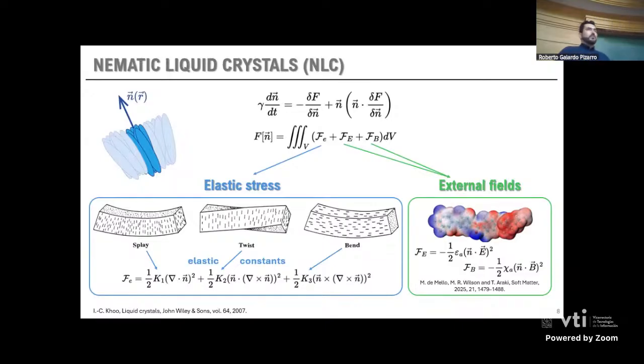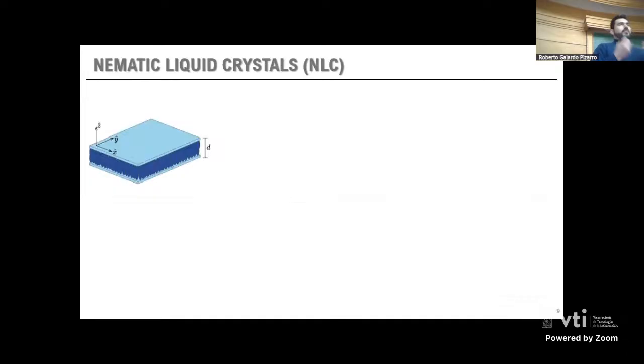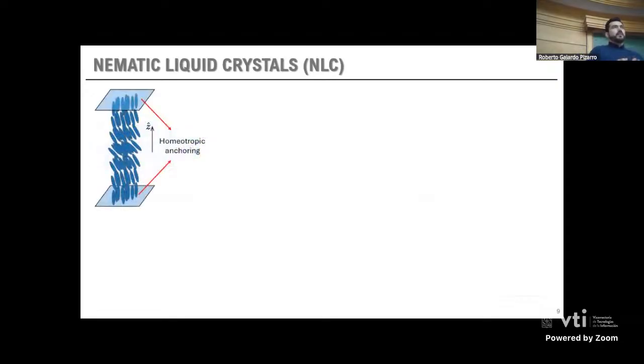So in order to observe defects in this kind of material, usually what we use is a nematic liquid crystal cell. A nematic liquid crystal cell is made from two glass plates parallel to each other, in this case. And we put liquid crystal inside these two glass plates. And the idea is that if we use some kind of anchoring in these glass plates, for example, homeotropic anchoring,